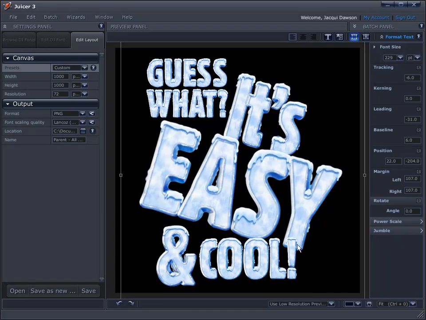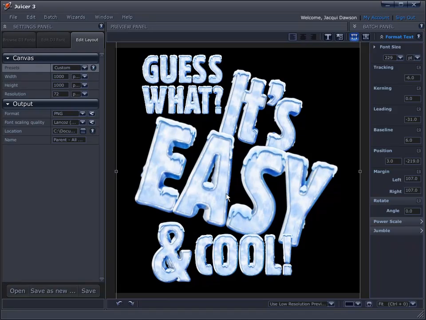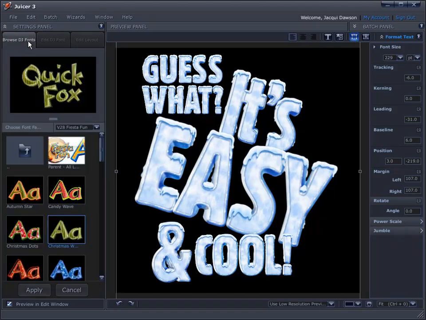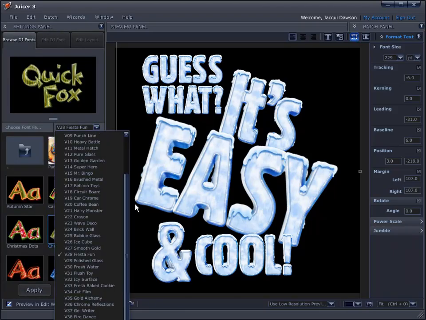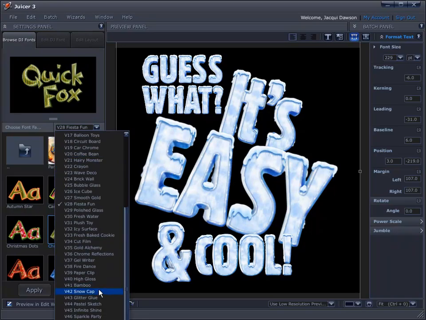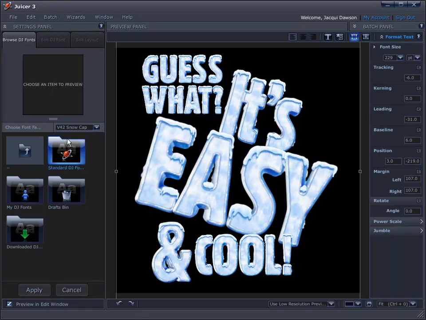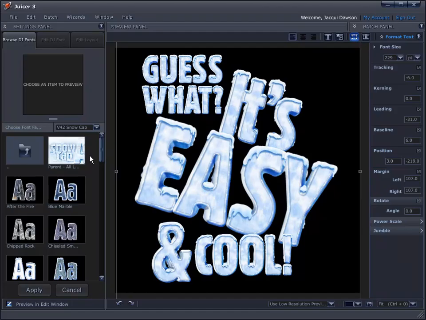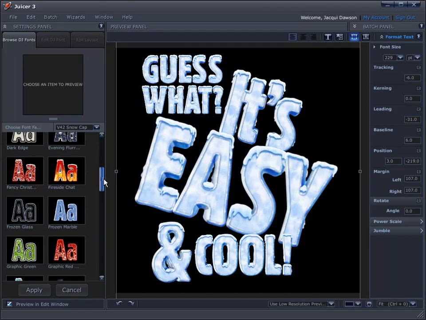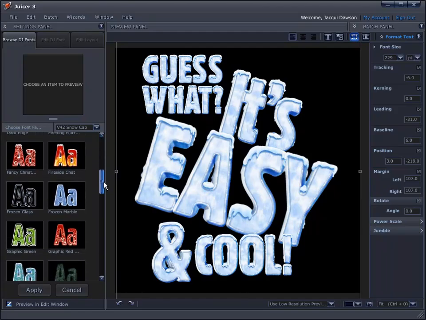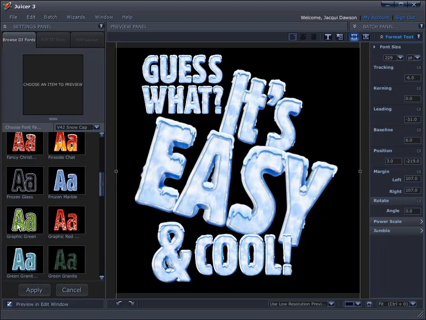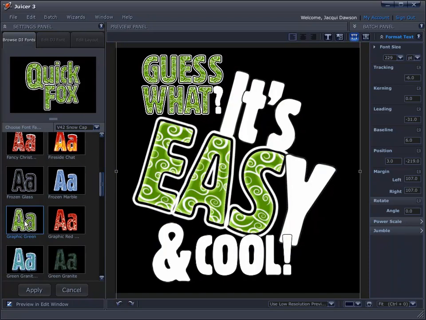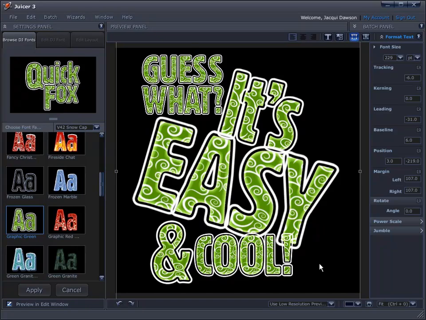Here we've got the layout that Dave created again, and I'm going to take that and change the look of it for a different project. So if I go to Browse DJ Fonts and go to that font, which is volume 42 Snowcap, I'm going to take a look at some of the other looks in that font, some of the other standard fonts. And I want this to have more of a spring feel, so I'm going to come here to the font called Graphic Green, and that's got a real fresh graphic look,